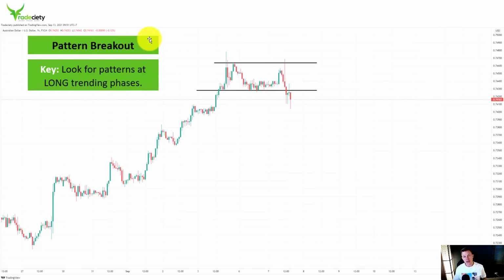Patterns are always good. Whenever I see a pattern on a market, I get very interested in it. However, the context is always key. Just because you see a pattern, it doesn't mean that you should automatically be trading it, obviously. You want to look for a pattern where it actually makes sense in the markets. So here we can see the market was in a strong uptrend on the left, and then we have a pattern. Now the pattern makes a lot more sense in the whole context, because the pattern shows us